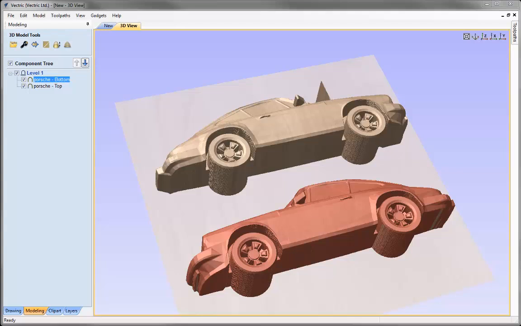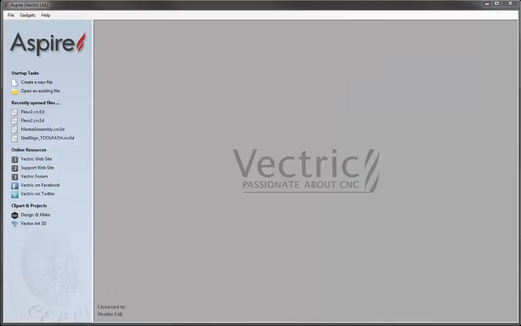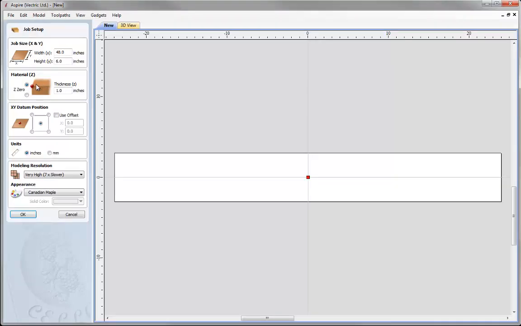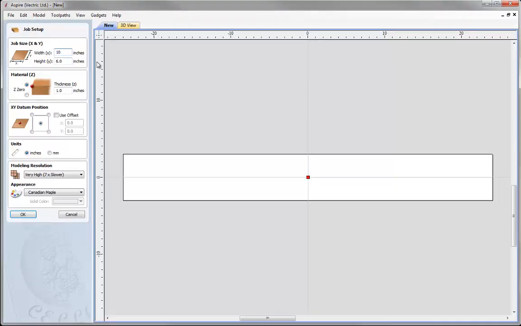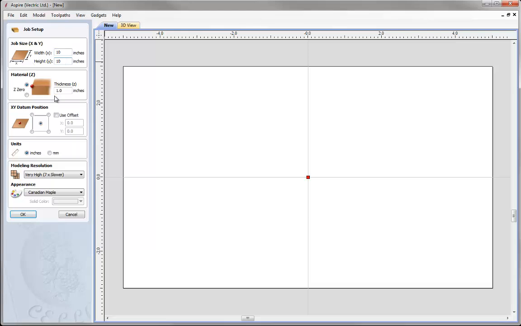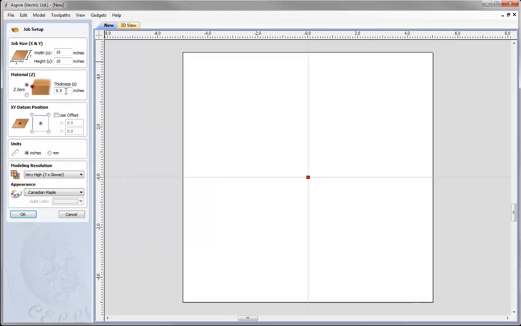So we're actually going to close this session down and we're going to open up a new session in Aspire. So the rest of this tutorial will only apply to Aspire users, where we'll look at other file formats that we can import into the software, and we'll look at ways that we can export 3D data too. So let's just minimize that. So we're in Aspire now, so let's go and create a new file. Again, we're going to go 10 inches by 10 inches. Let's go with ½ inch, XY position in the lower left, very high modelling resolution, and we could go ahead